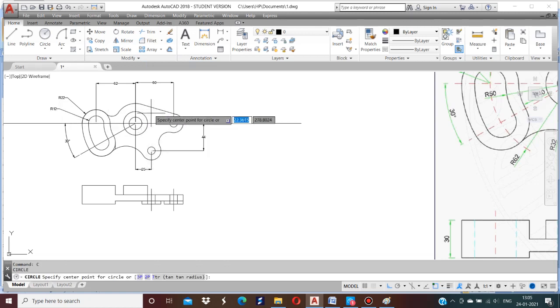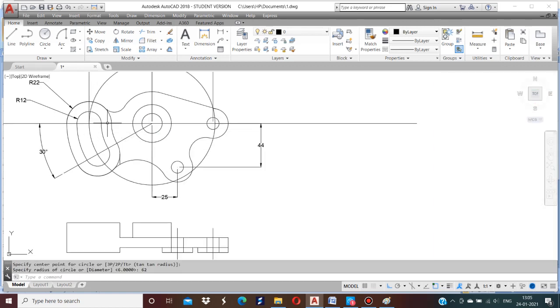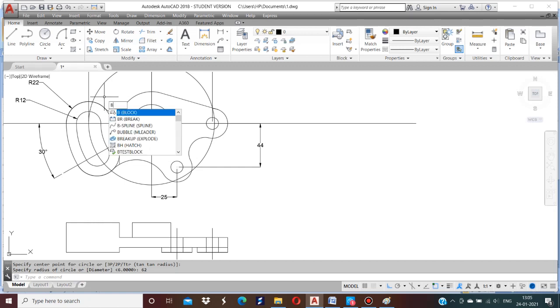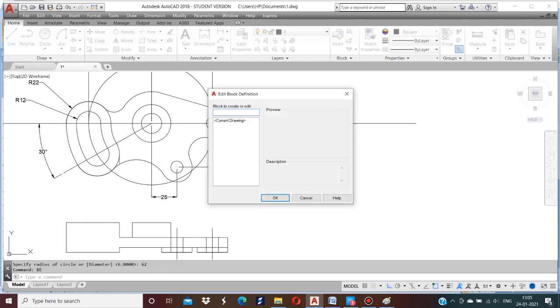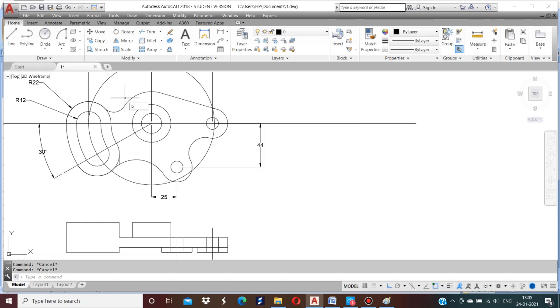Now draw a circle of radius 62. Using break command, you can break here. Select object, select the circle, first point from here to here.